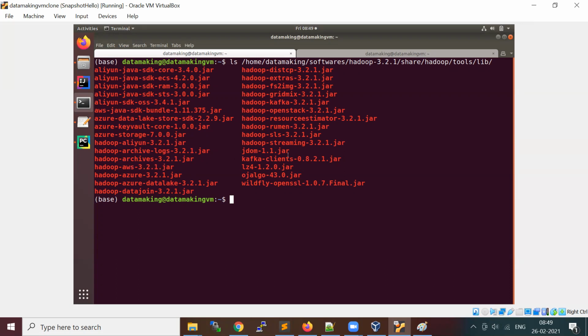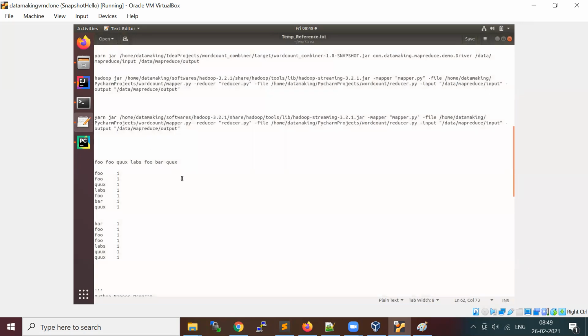For now, our agenda is to run our Python program using Hadoop streaming. So take this jar file and provide it with yarn and jar. Now we supply the mapper program, mapper.py, and using the hyphen file property you specify the file path of your mapper. Similarly, there is a reducer property.